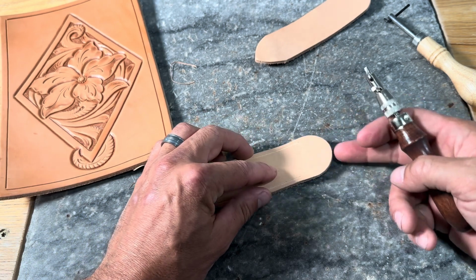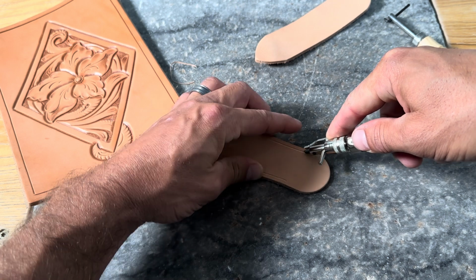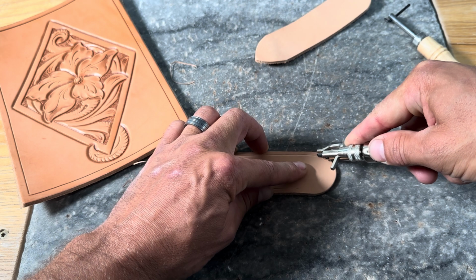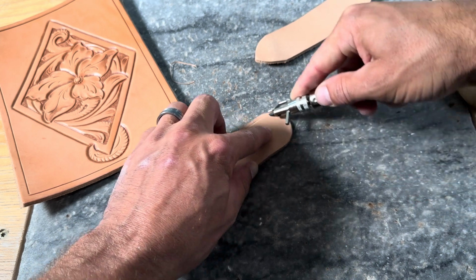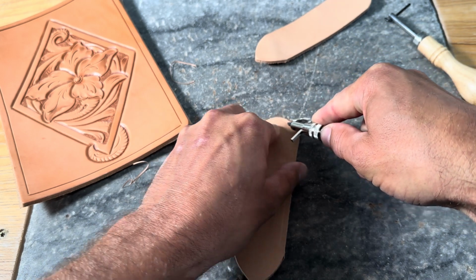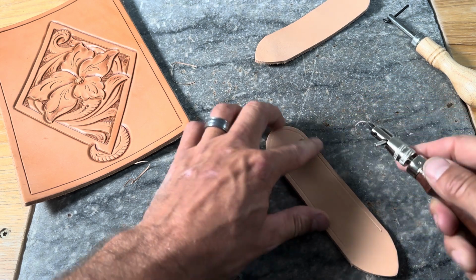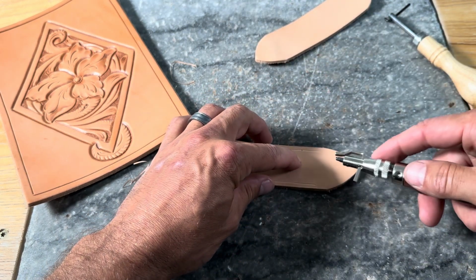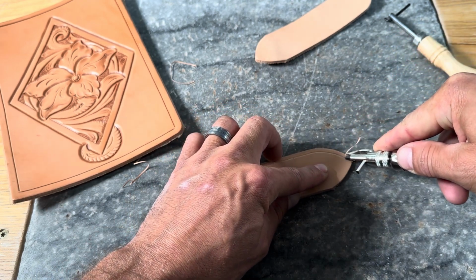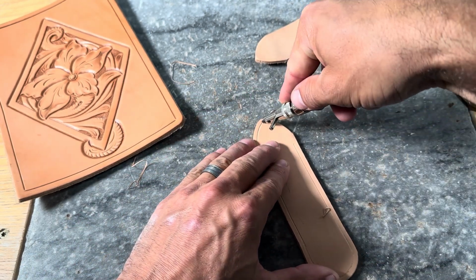Now what happens around curves? Very simply, keeping that tipped up, keeping my pressure in, I'm going to rotate my leather and this handle around, taking my time so I don't pull off of the edge of it. Okay, same thing down on that point. Come there, I can stop a little short, turn back around,